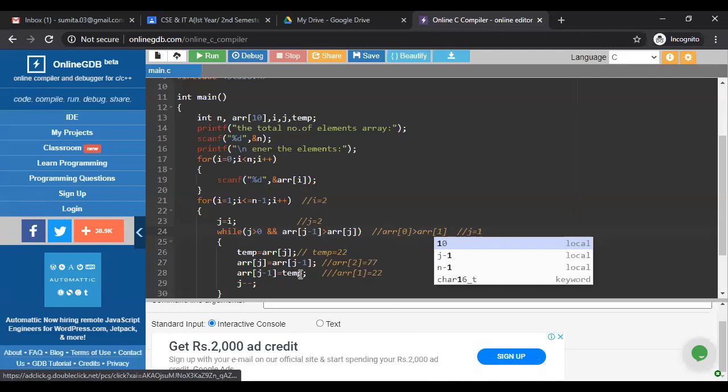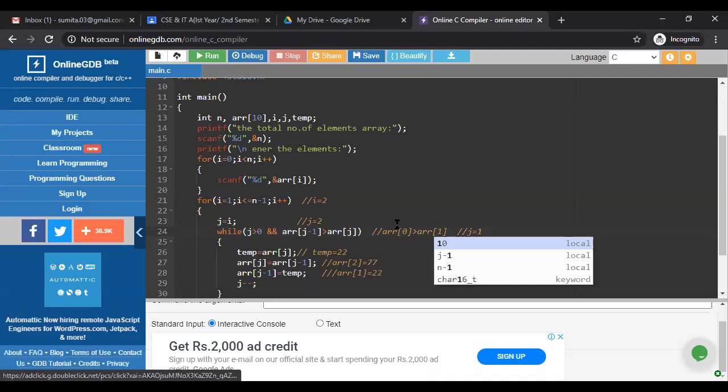Forget about position number 2. This is already done. So ARR 2 has already got 77. We are not talking about that. Now we are bothered about 22 and 44 because 22 is in the second position and 44 is in the first position. But we know that 22 is less than 44. So we have to swap this position. We place 22 in the first position of the array, meaning the lower index of the array. And 44 is at the next index of the array.